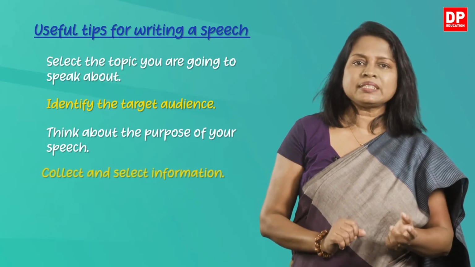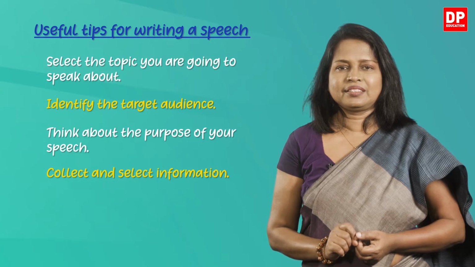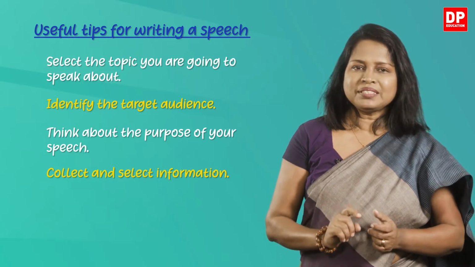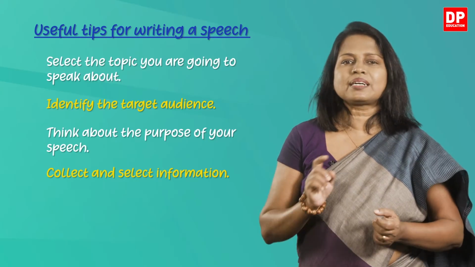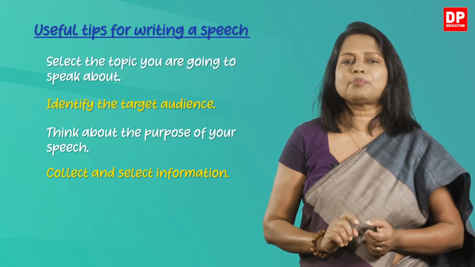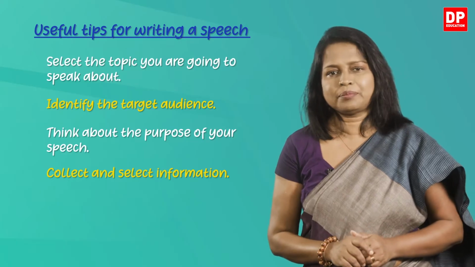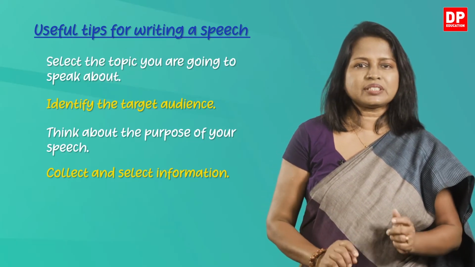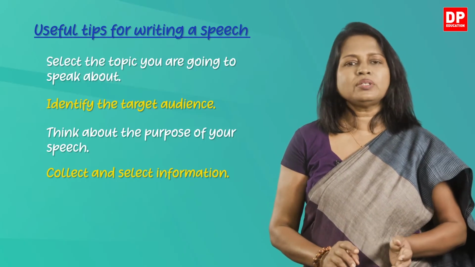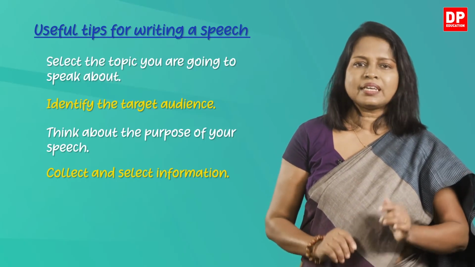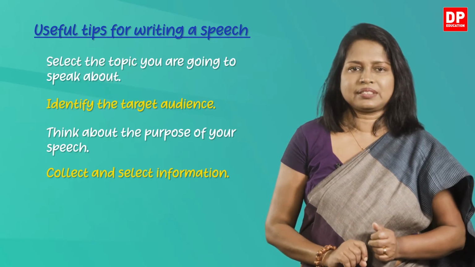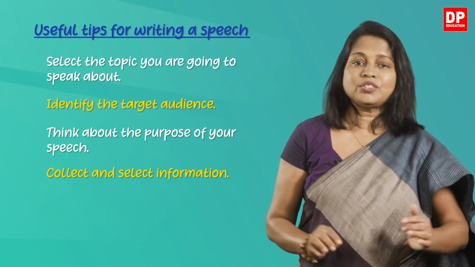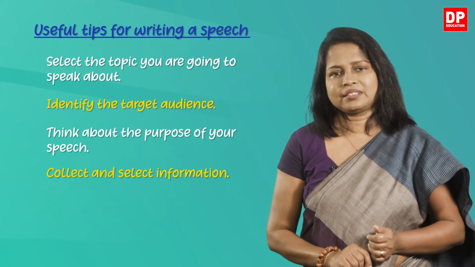Next, you have to collect and select information. It's useful to do some brainstorming here. That means think of all the facts that come into your head when you think about the topic and jot them down. After that, you can read what you have written once again and cut off all the unnecessary details and select only the relevant ones. Here you can cut off what is unnecessary and join similar information.